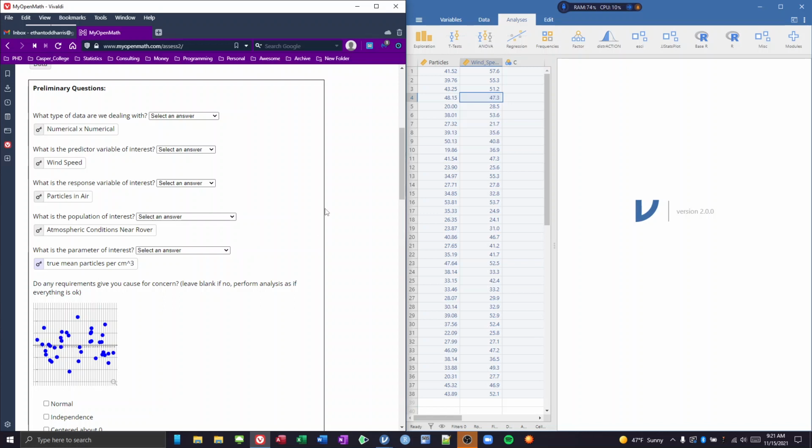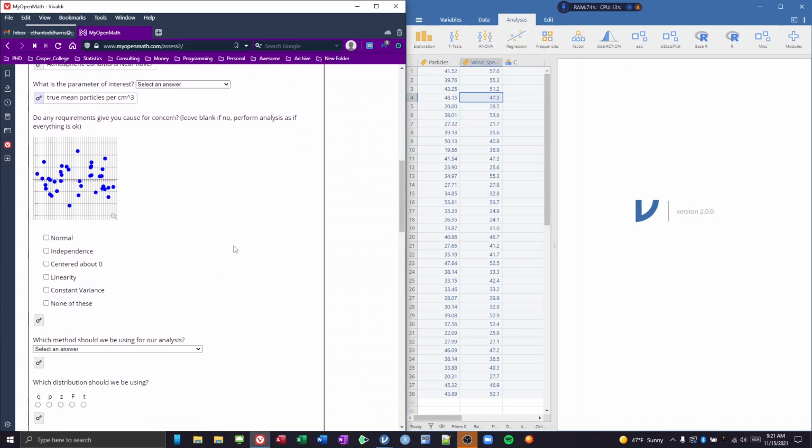Okay, when we do our regression analysis, the big thing that we need to check isn't really like a sample size or anything, but it has to do with our residuals. We're looking for normality, independence, that it's centered about zero, that we've got linearity, and that we have constant variance. So if we have issues, we need to check on them. So this is a residual plot, but I want to show you how you can also get it